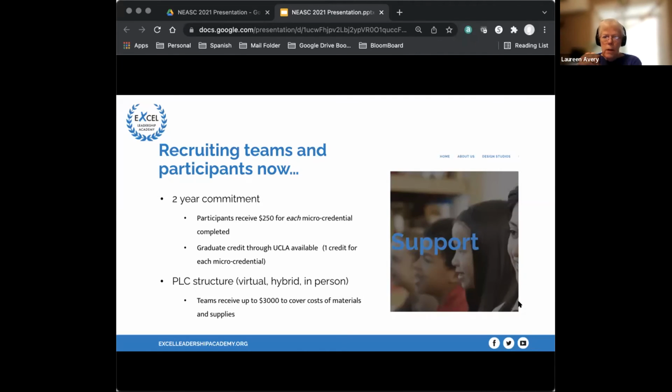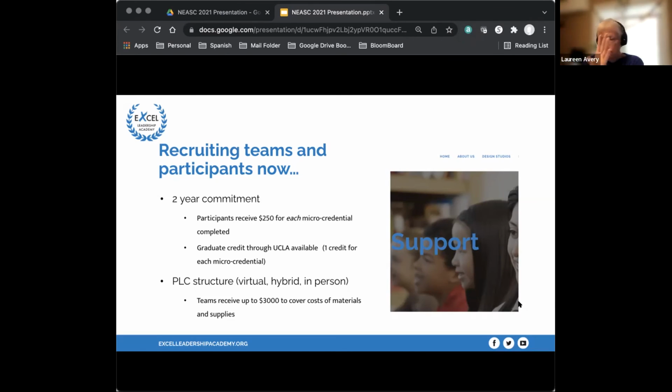We only have a few minutes left, but I wanted to tell you a little bit about the logistics of participating for folks that are interested. The grant that we're talking about today is a 5-year grant. We have other funding sources. There's also ways to participate outside of the grant, perhaps working directly through the micro-credential platform, which is Bloomboard.